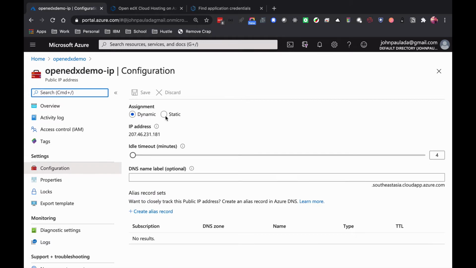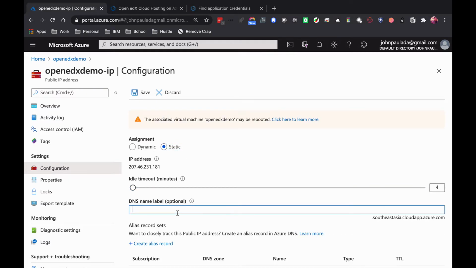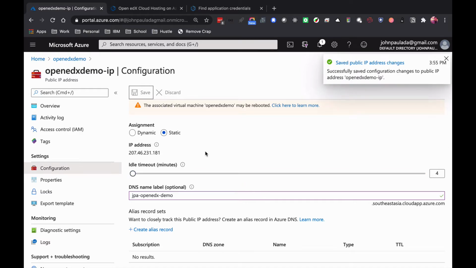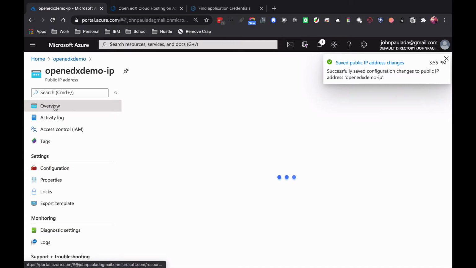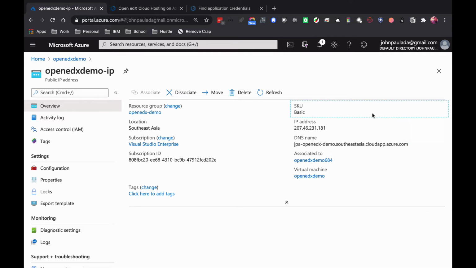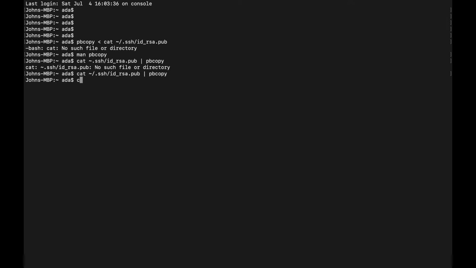Right now I'll set it to a static IP. I guess that's fine, and specify something like OpenEdX demo. This will be my URL, and then I'll save it. So when I go to overview, we have this DNS name ready. Okay, but it's not ready yet. So we need to go to